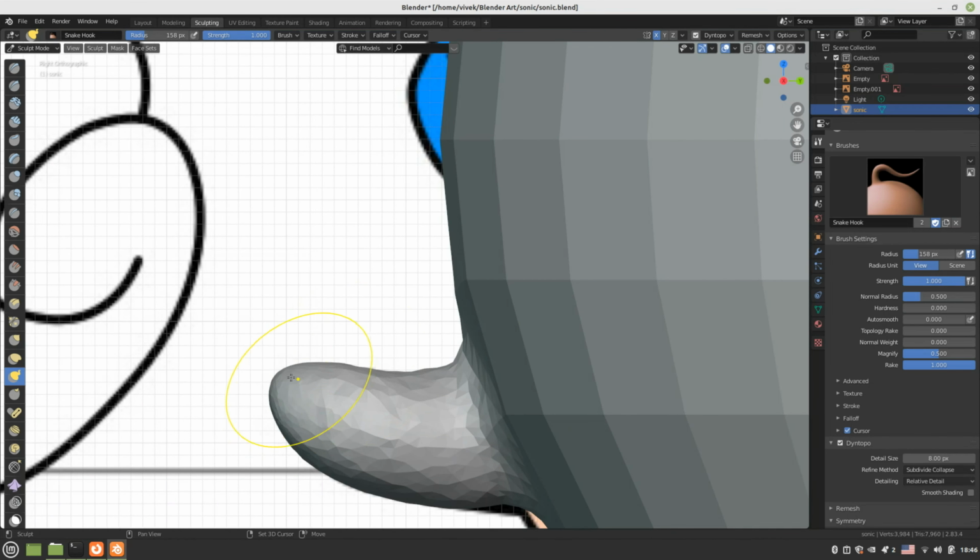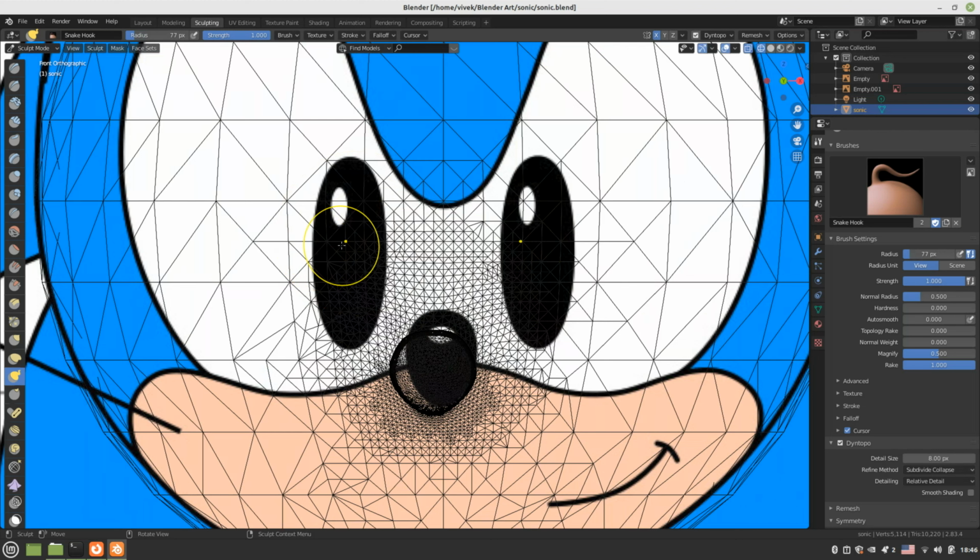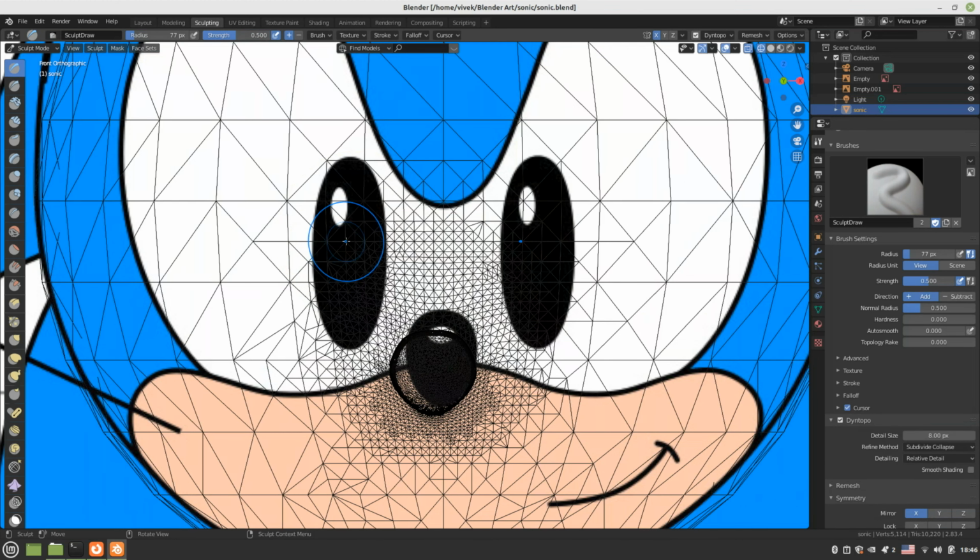Press Z again for wireframe, and here we'll first create the socket. F, reduce the size of the brush, and X for the draw brush, and press Control and move the brush so that we are going to create the sockets first for the eyes, where we put these eyes. Okay, Z again for solid view, solid mode. Okay,